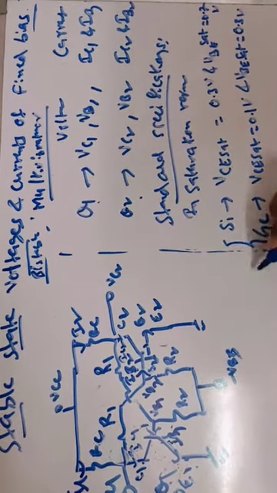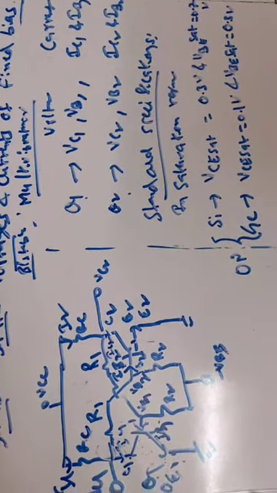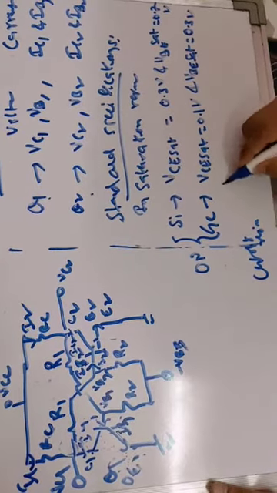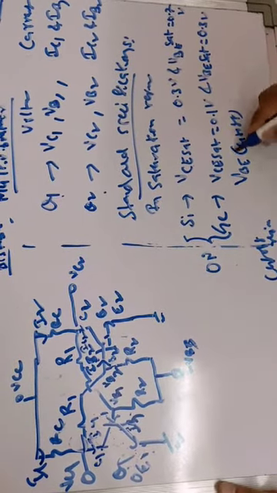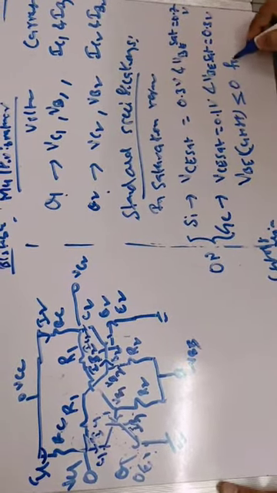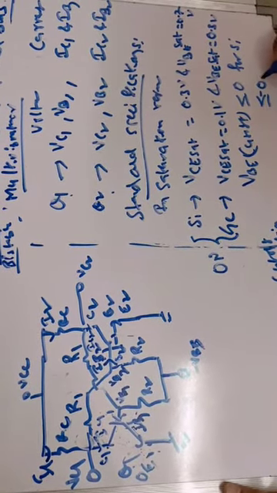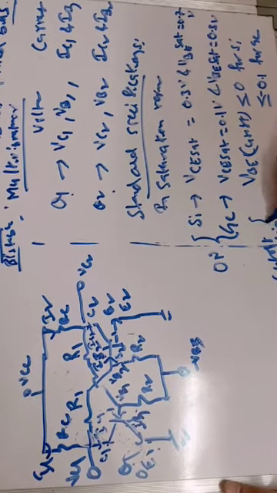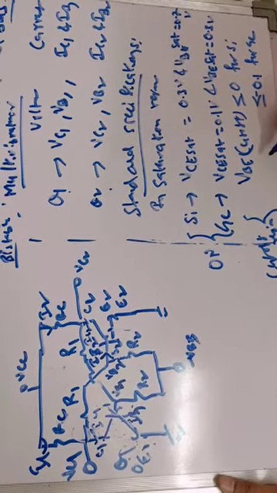This is for the on transistor. For the transistor to be in the cutoff region, that is the off state, what are the corresponding values of VBE? The VBE cutoff value must be less than or equal to 0 for a silicon transistor, and less than or equal to minus 0.1 volts for a germanium transistor. So these are the standard specifications of silicon and germanium transistors when they are on and off.